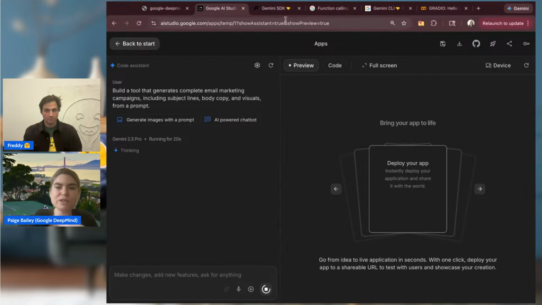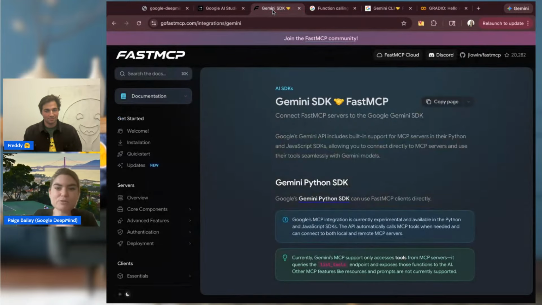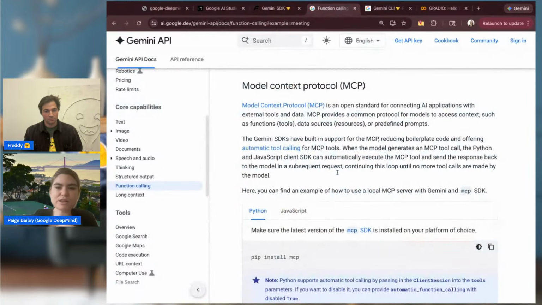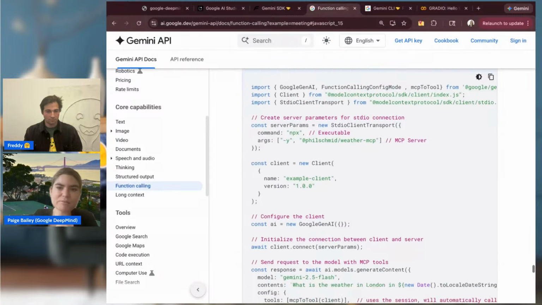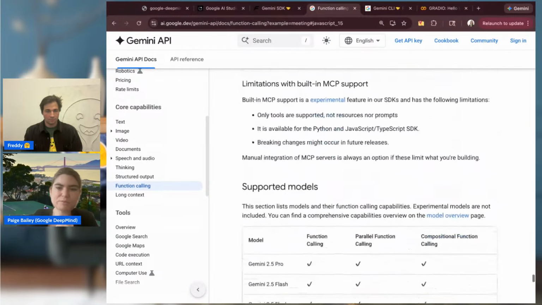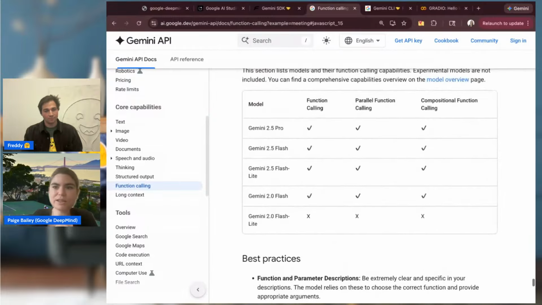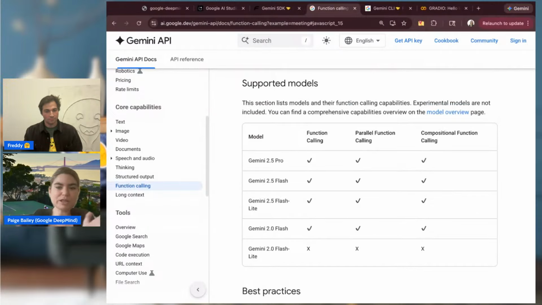infrastructure yourself. The Gemini APIs are fully compatible with MCP. We have docs with our friends over at FastMCP, as well as Python and JavaScript documentation for how you might interact with the Gemini APIs and MCP servers, both local and remote. There's also a breakdown of the supported models and what their capabilities with MCP servers might be.